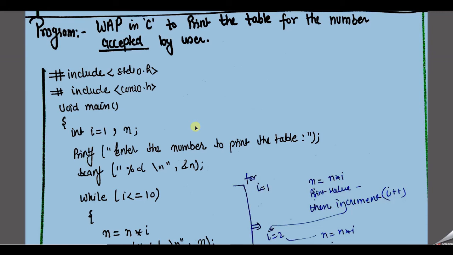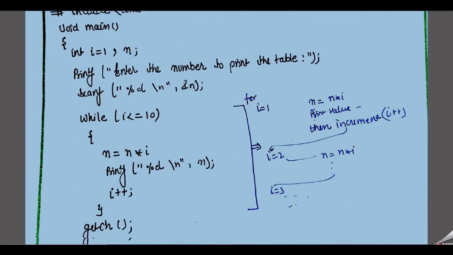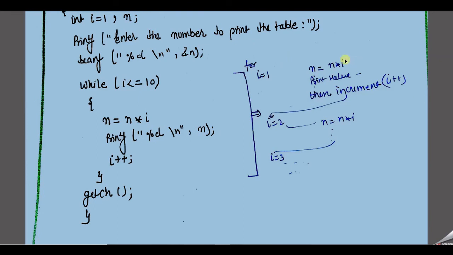No. The number given by the user can be any kind of number like 100, 1,000, 2,000, less than 2,000 and so on. Whatever the user wants to give you, you just need to accept any value from the user and make a program which can generate the table. So what is the meaning of table? As we see in the table format, we need to multiply our number by 1, then our number by 2, then by 3, then by 4, by 5 and so on, till where? Till 10 times.